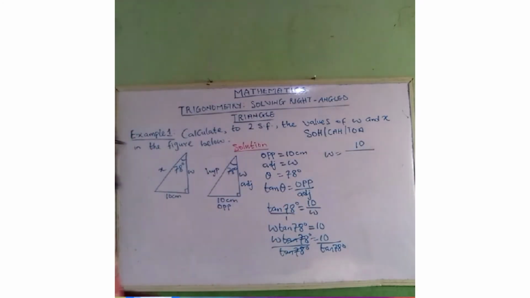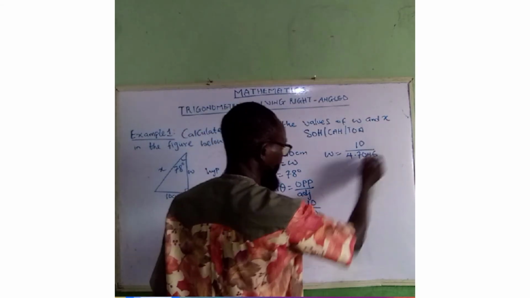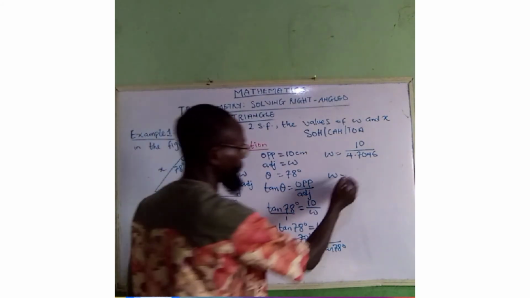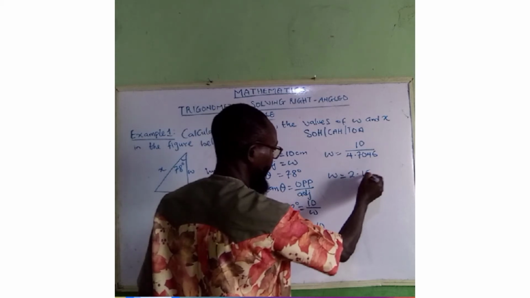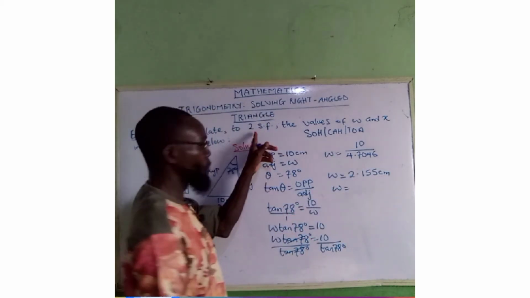So when you check using your calculating machine or your four-figure table for tan 78 degrees, that will give us 4.7046. So when you divide 10 by 4.7046, we are going to have 2.155 centimeters. So our W will equal, to two significant figures,